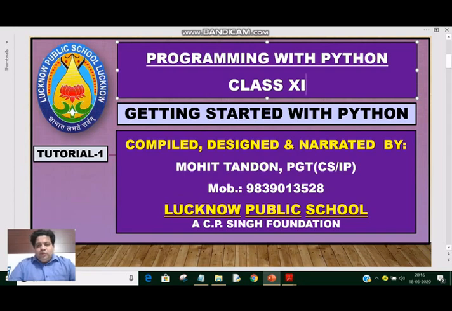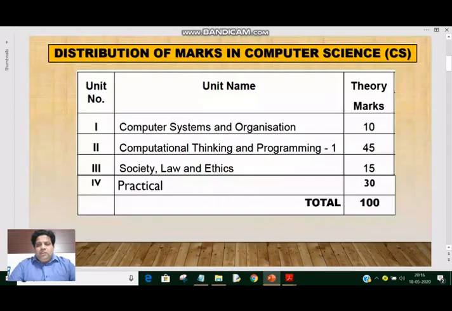Okay, so let's start with the distribution of marks in subject computer science. You can see your computer science syllabus is divided into 4 units.